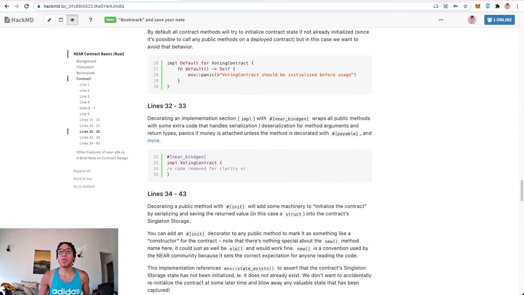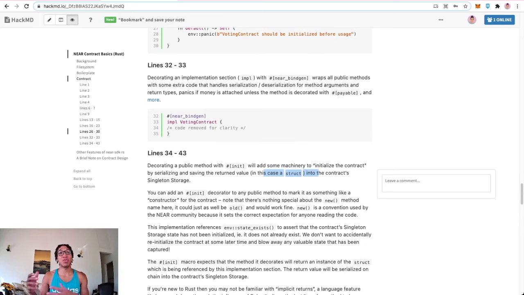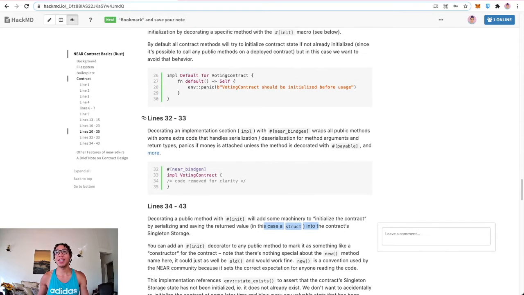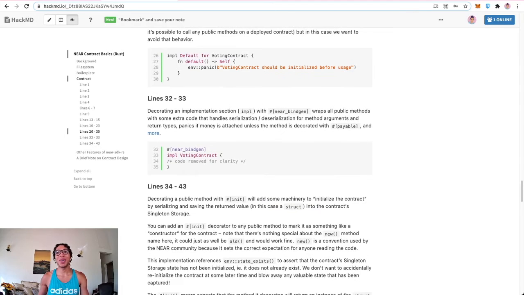So decorating a public method with init will add some machinery to initialize the contract by serializing and saving the return value. In this case, a struct into the contract's Singleton Storage. You can add an init decorator to any public method to mark it as something like a constructor for the contract. So your contract's going to start with a certain state. It's going to start with what you put in the init function. I think that's why init was potentially supposed to be here, so that when you call it, it checks to make sure the contract code isn't already available. But anyways,